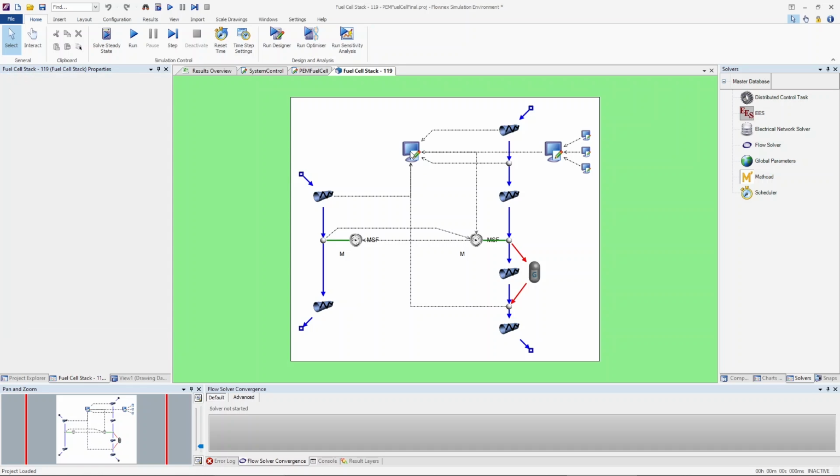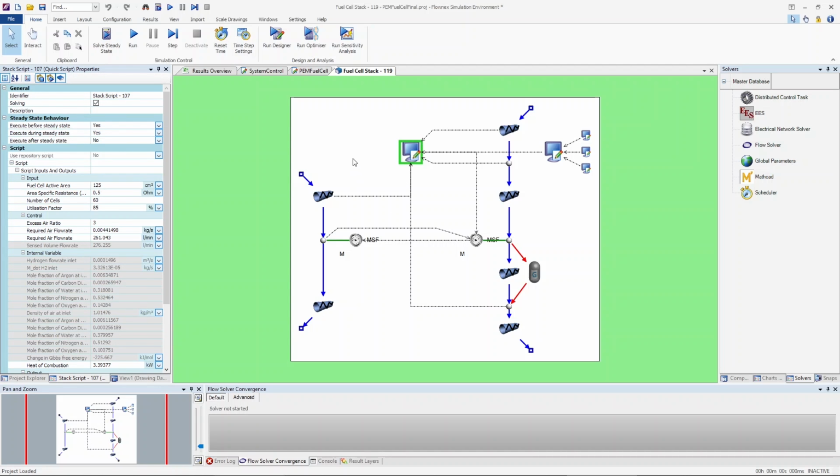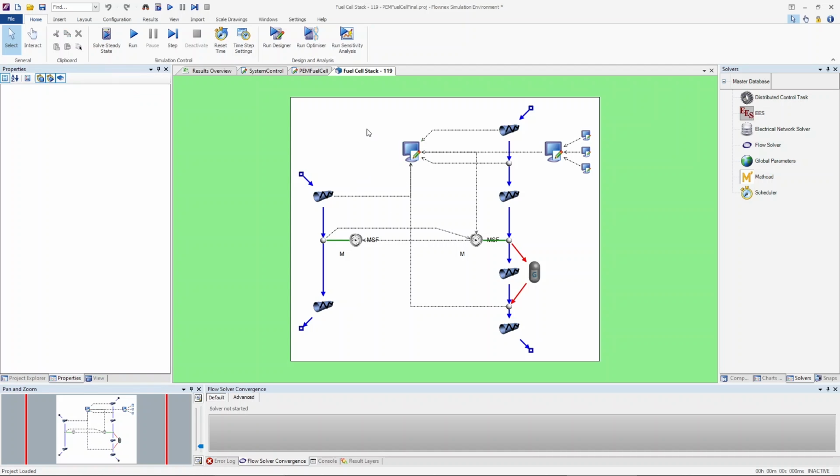For this case, we've added a script which captures all the complex physics inside of the stack, but this can also be coupled to third-party software such as MATLAB, Simulink, with which you can pick from different types of fuel cell stacks and